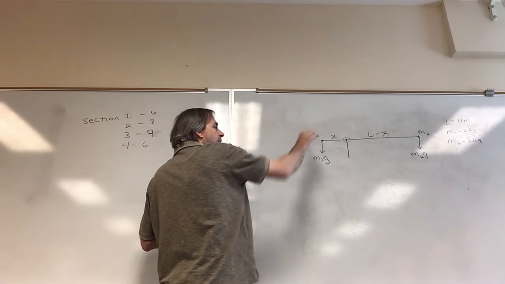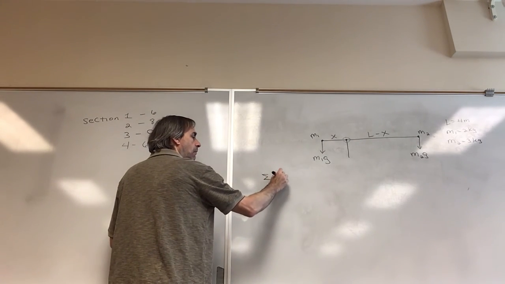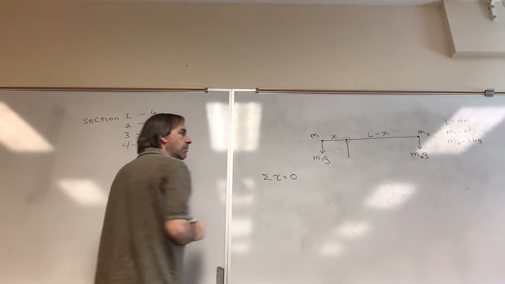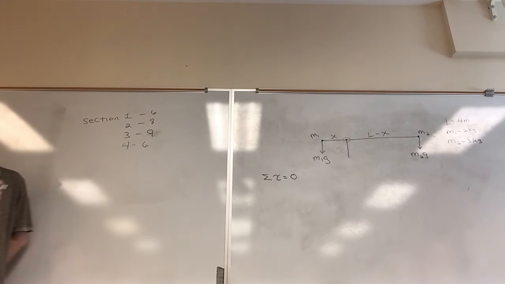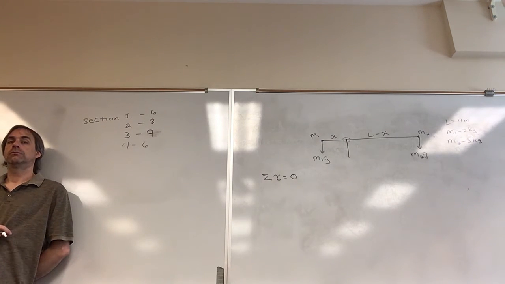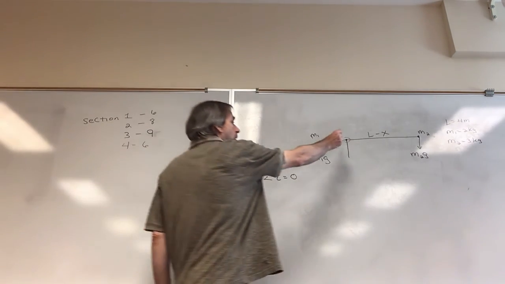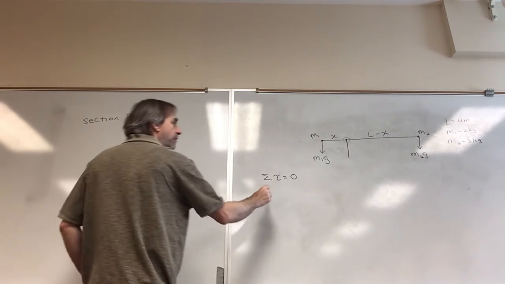Is this a positive torque or a negative torque? Is M1G a clockwise rotation or counterclockwise? Counterclockwise. Yeah, this is a pivot, it's going to try to spin it this way. So this will be a positive torque,